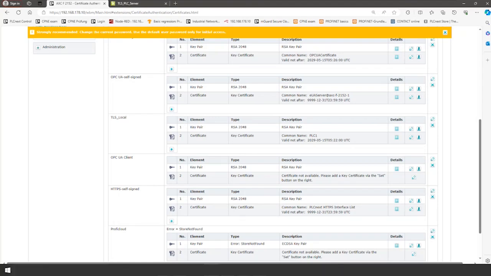Okay, anything else? Did I miss something? How to handle the certificate updates? Just going to the web-based management, to the store and install this. At the moment, as far as I know, this can only be done manually via the web-based management. There's no automatic way to do it, I think.